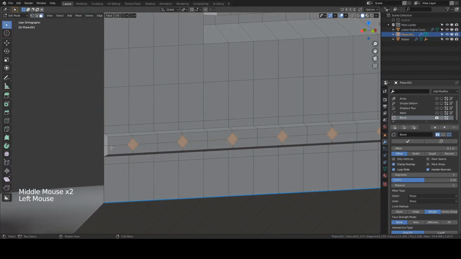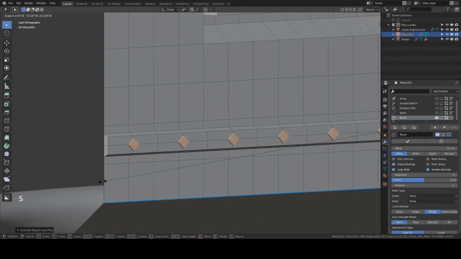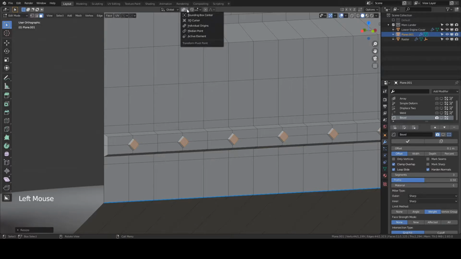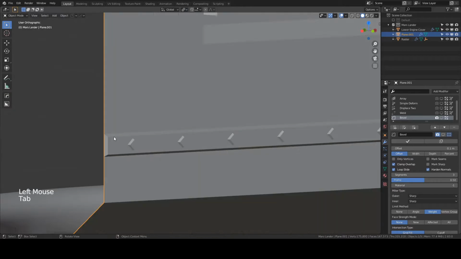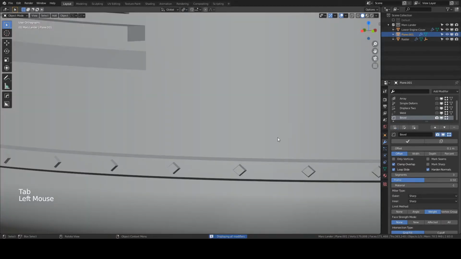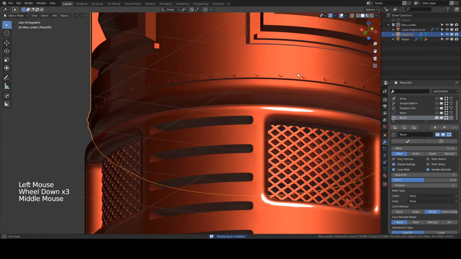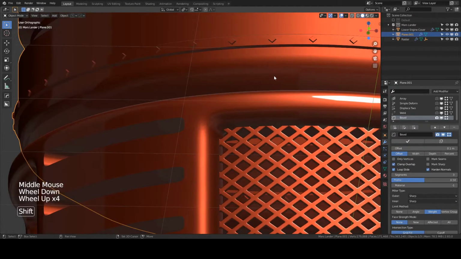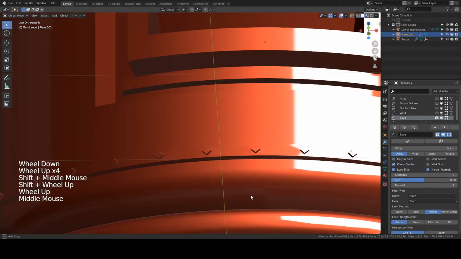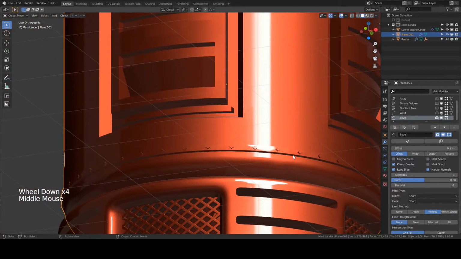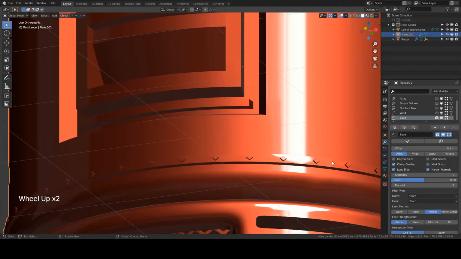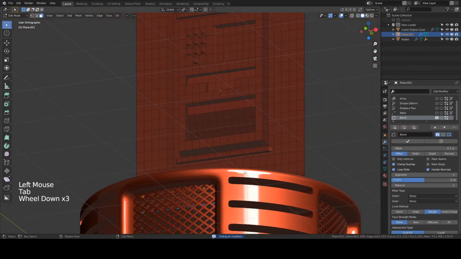So if I now go into face mode, extrude it on the Y, scale it a bit, again make sure you have individual origins selected, then enable matcap, and as you can see, we have no issues. There's just one thing, that's this line around here,